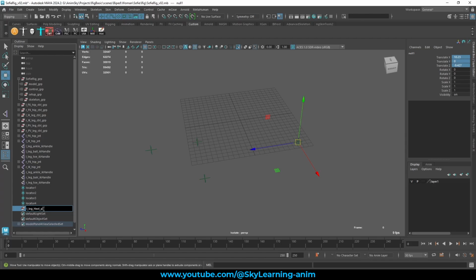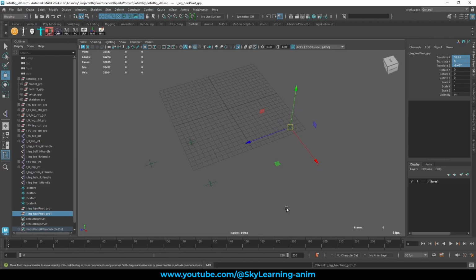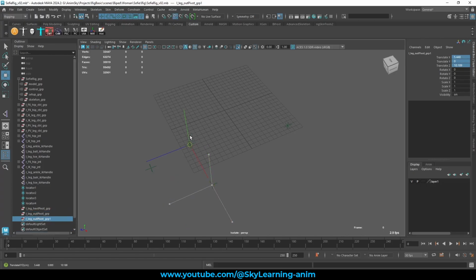and this is heel underscore pivot underscore grp. Okay, heel pivot group, make that small. So this is a heel pivot group. Control C is fine. Now duplicate this group, press V, and this should be leg, and this is out. Make it out pivot, and Control D, duplicate it, and this should be in because this will put the leg inward. So in pivot,